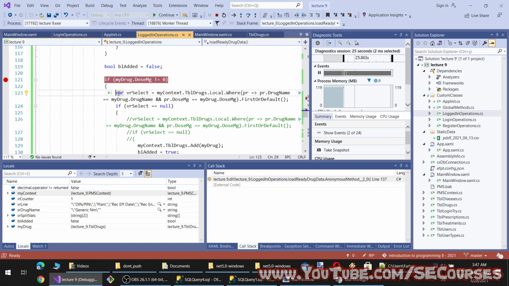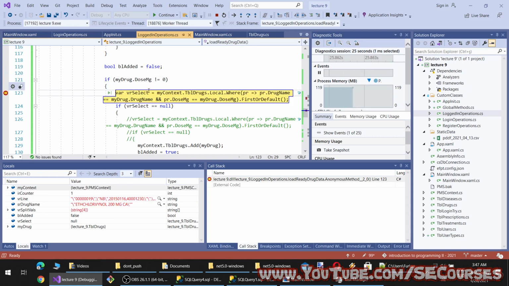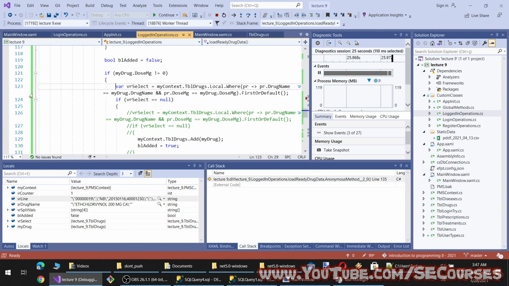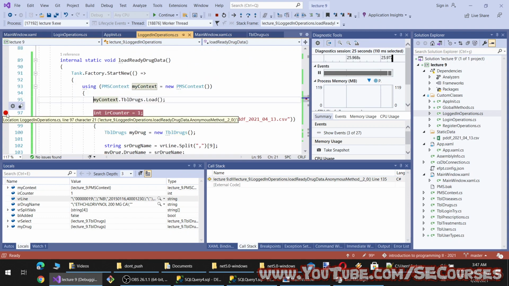So let's go here, for example. Okay, so there is 200 milligram. It probably exists in the database already. Okay, it wasn't null because it did get it from the local cache. So let's see the speed of our algorithm.